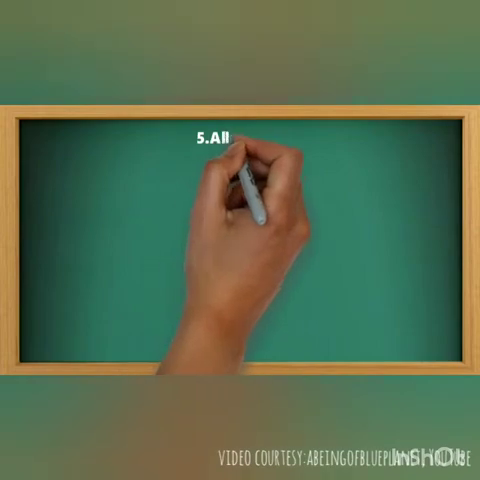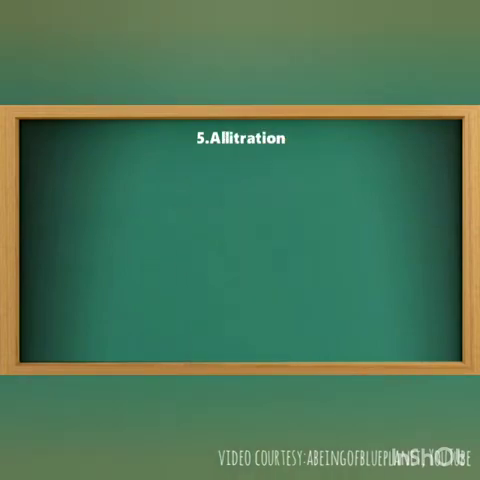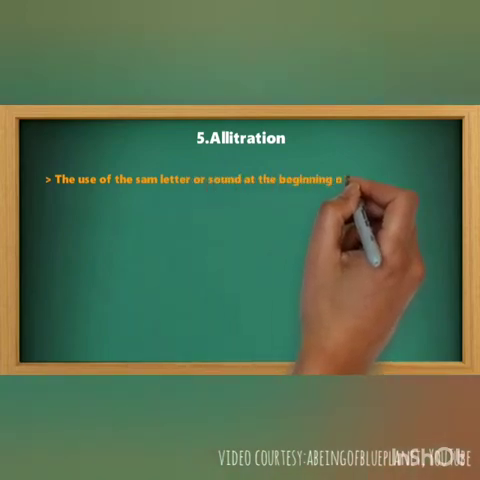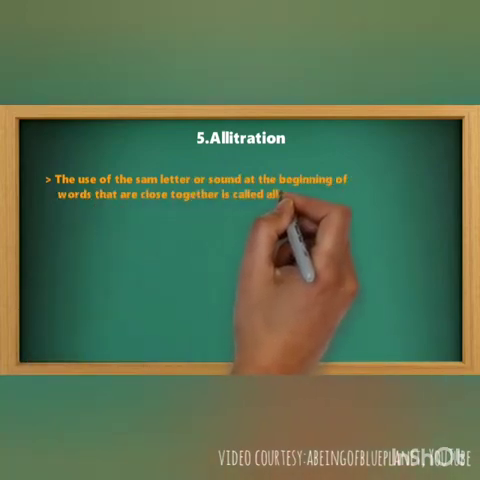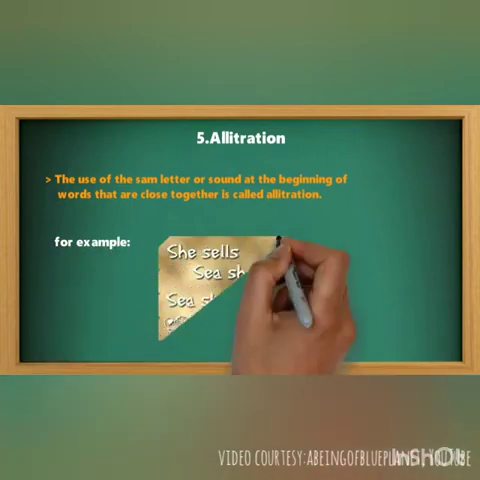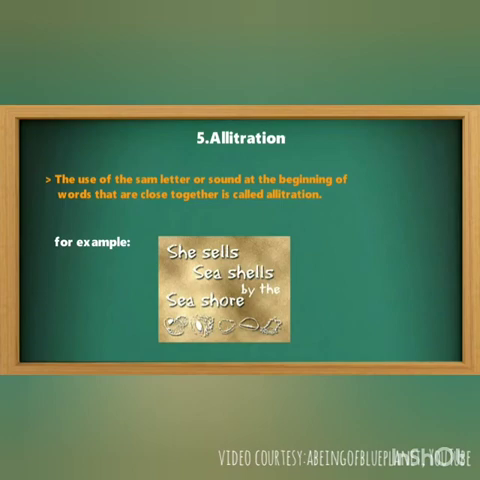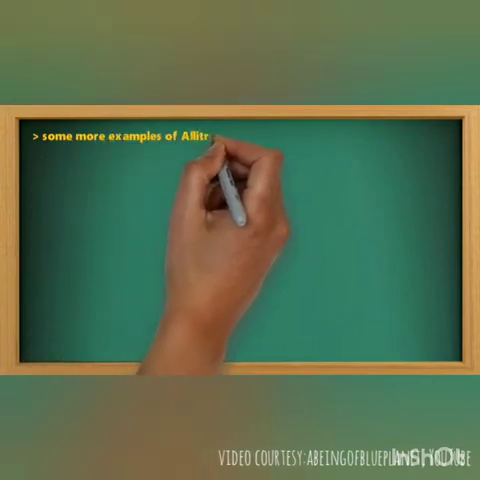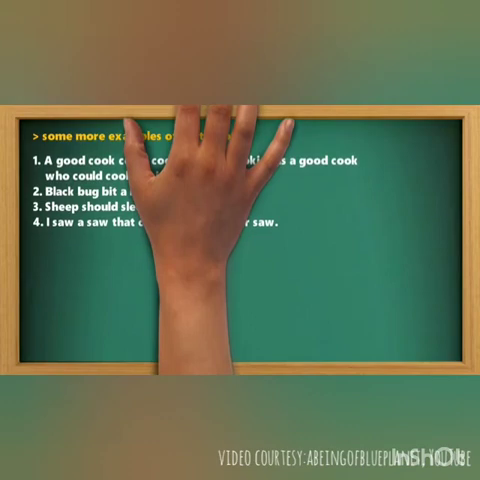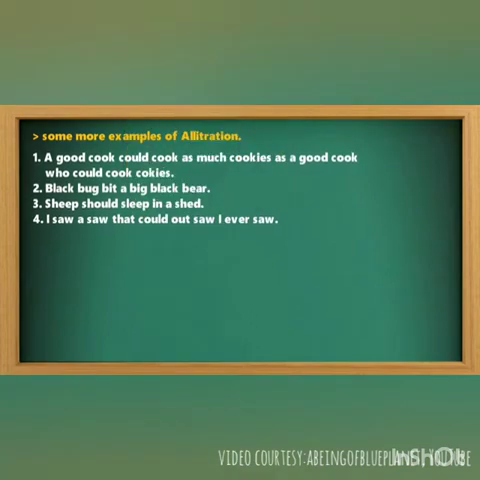The next important figure of speech is alliteration. Alliteration can be defined as the use of the same letter or sound at the beginning of words that are close together. For example, she sells seashells by the seashore. Here you can see the repetition of the s sound. More examples of alliteration are